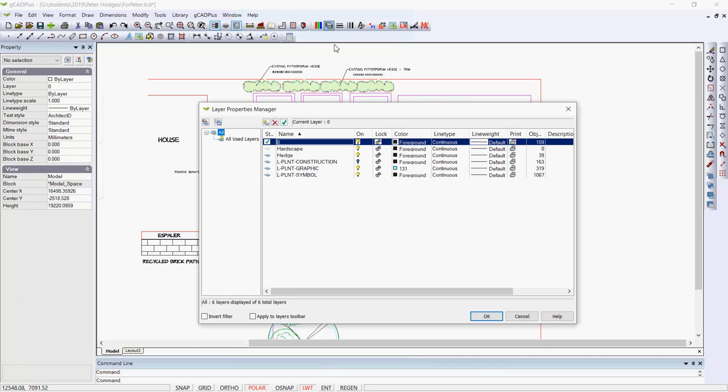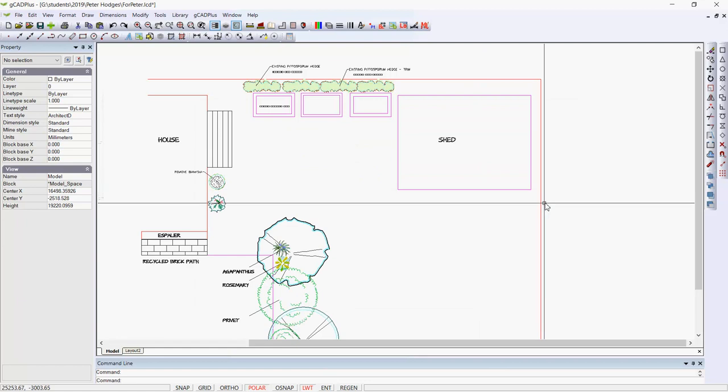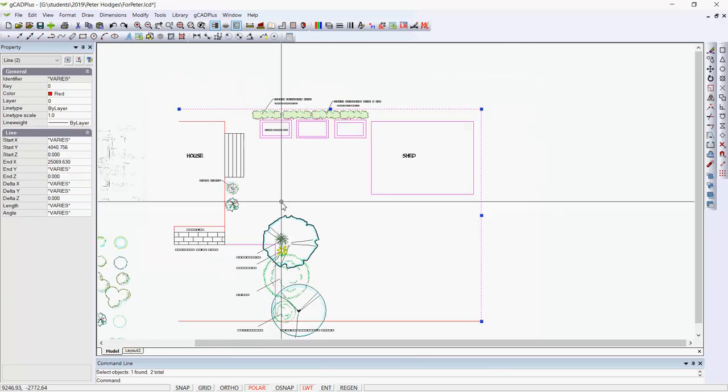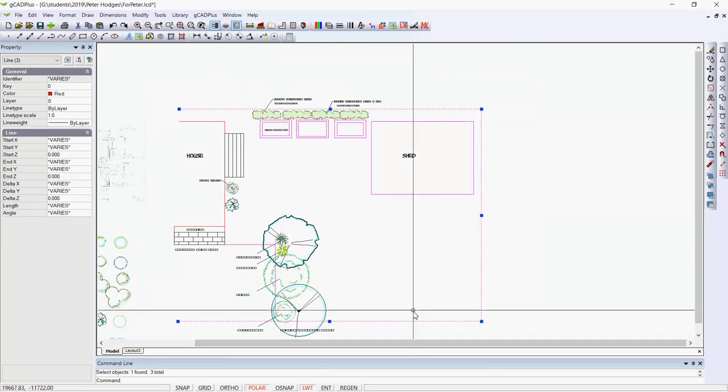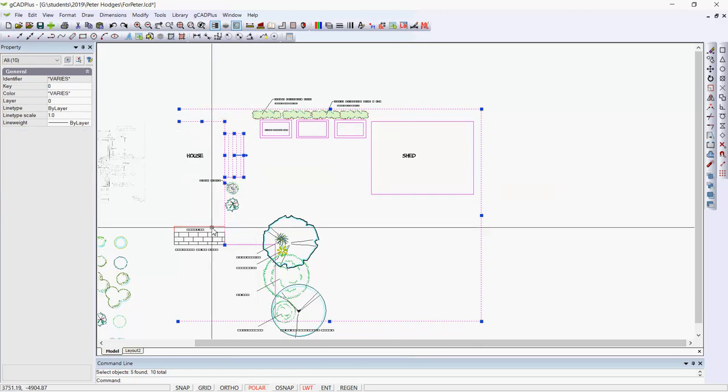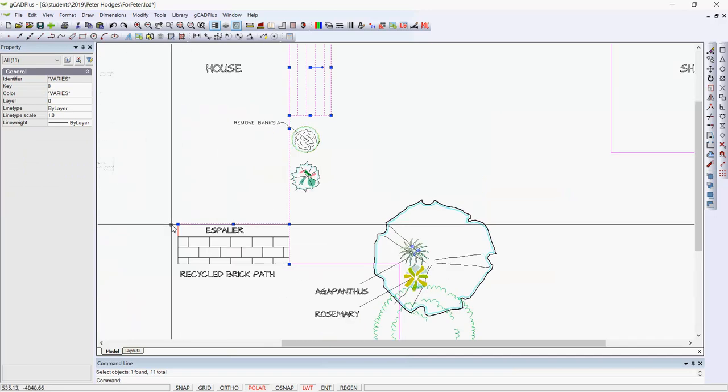Now we should have a layer called hardscape. We do. See, it's grayed out, and that means nothing on that layer yet. Let's pick the boundaries. We'll zoom out a bit, click the boundaries, we'll select, in fact we'll select the steps and this little area in here,